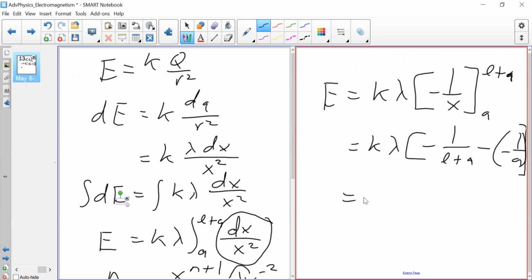I'll cut out the middleman and just write the final result. It'll be k lambda over